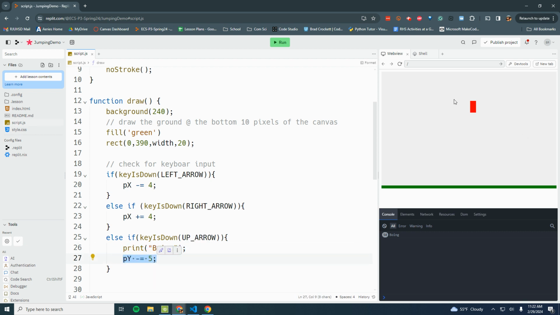Unfortunately, that is not really a jump animation. I want it to jump up and then return back to the ground like gravity was pulling it down. So in the next video, we're going to go over that. For now, just delete the py minus equals 5. When you run it, you should be able to move left and right. And when you press the up arrow, all it does is